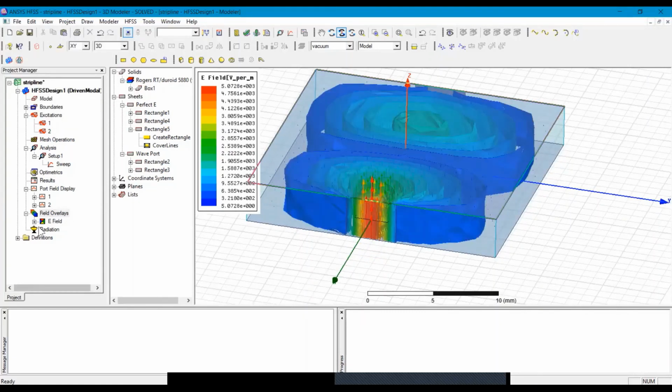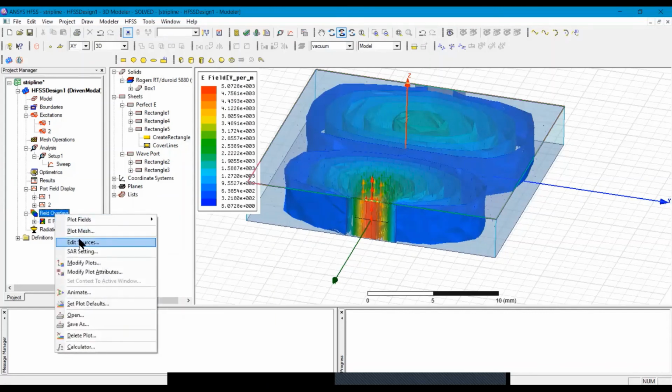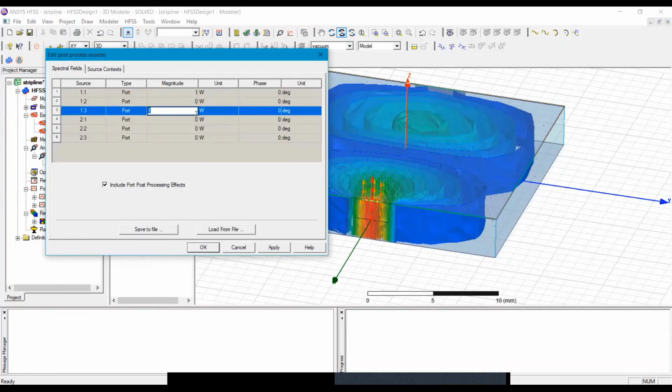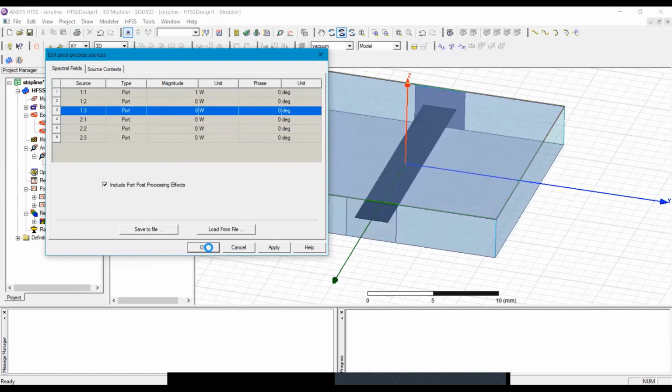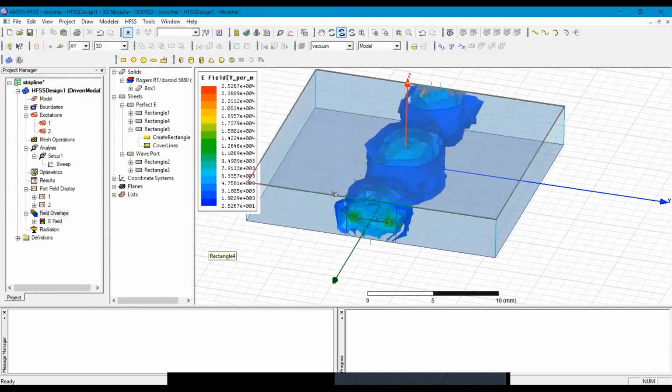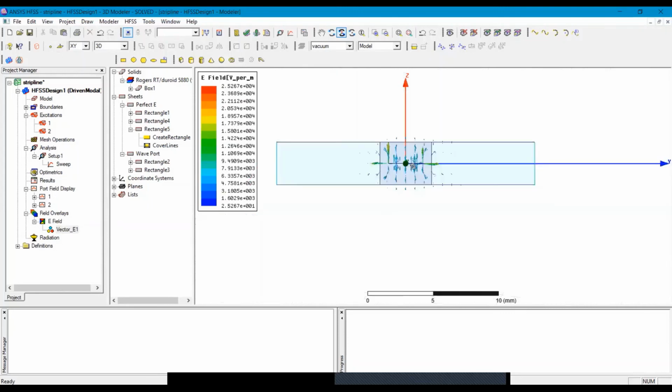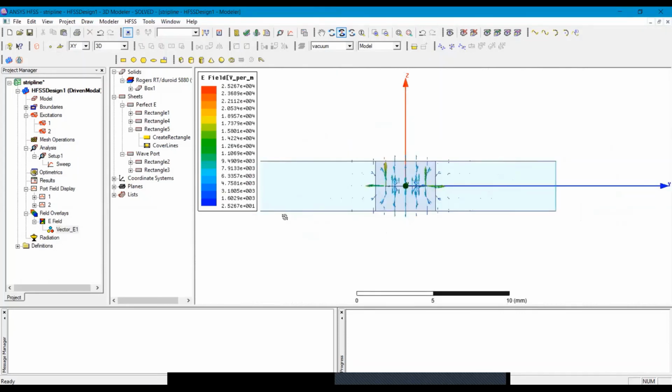Now again I am switching on the first mode. Now I want to see the magnetic fields, how they are generated in the strip line.